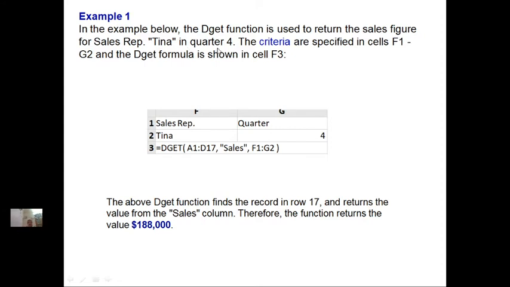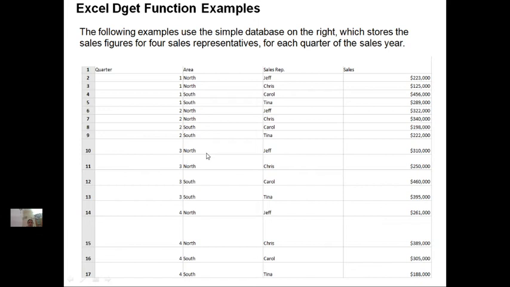The criteria are specified in cells F1 to G2 and the DGET formula. What he is saying here is he wants to return the sales figure for sales rep Tina in quarter 4. So let us see, for Tina in quarter 4, what is the sales value you want to return?